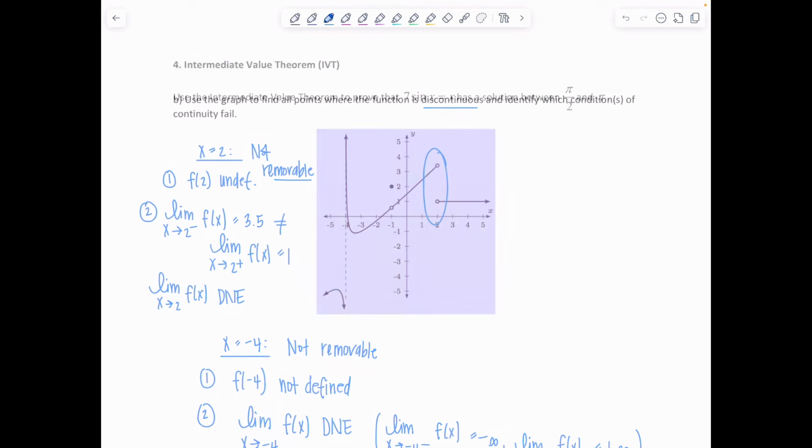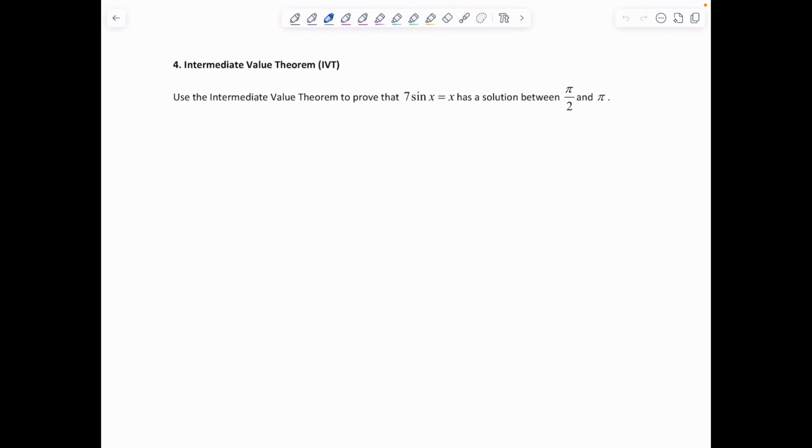Okay. Okay, next problem deals with the intermediate value theorem. So the question states, use the intermediate value theorem to prove that 7 sine x equals x has a solution between pi/2 and pi. So to apply the intermediate value theorem, I need a function. So let's make one. So I'm going to let f of x equal 7 sine x minus x, and I want to show